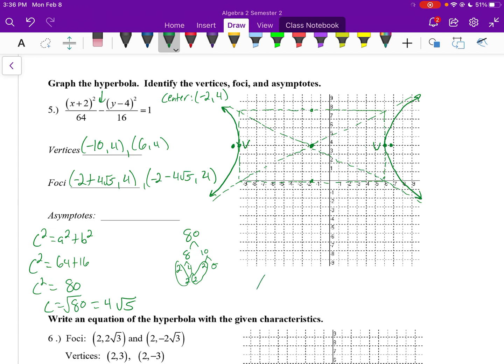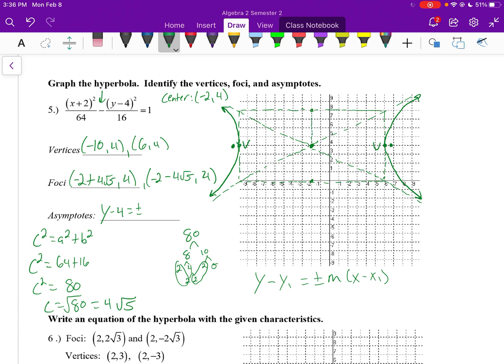For the asymptotes again, remember y minus y1 is equal to plus or minus, because we have to represent both asymptotes, the slope times x minus x1. Our x1 and y1 are just going to be our center. So y minus 4 is equal to plus or minus the slope, which when we figure out our slope,